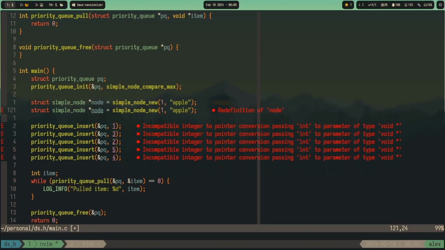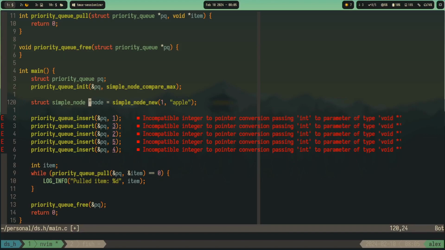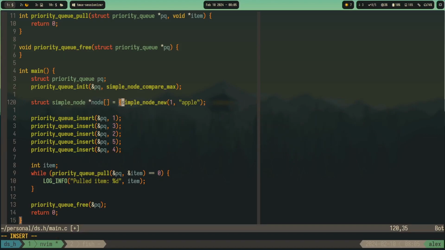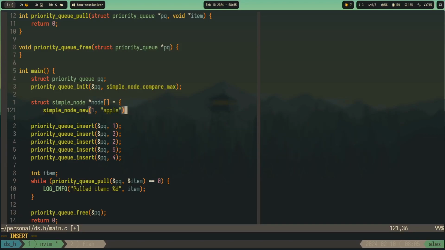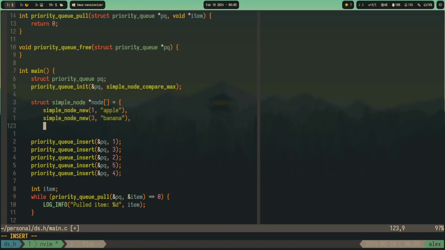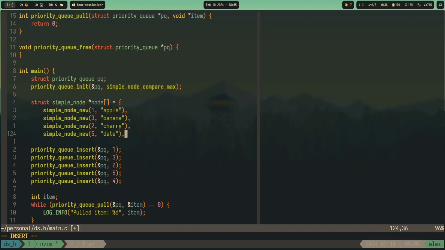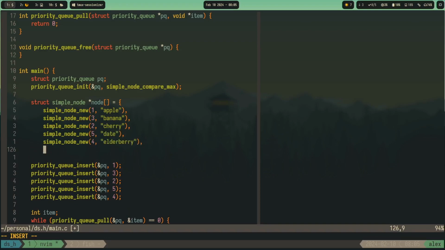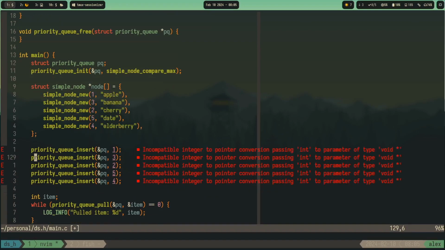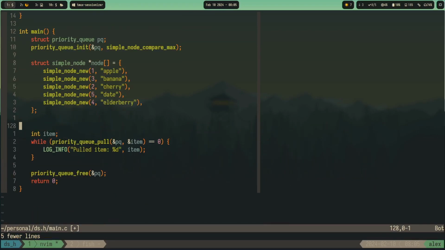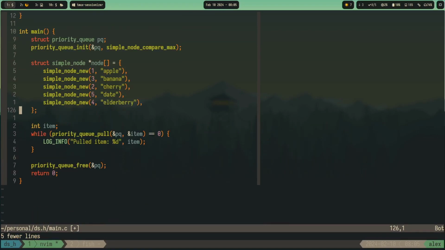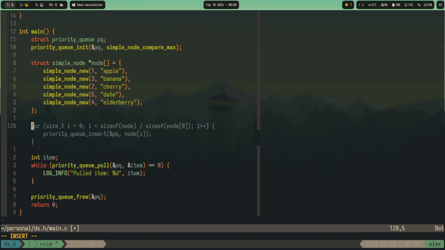It might be easier to just do an array and have it like this. Banana. Okay, perfect. So now if we insert everything,